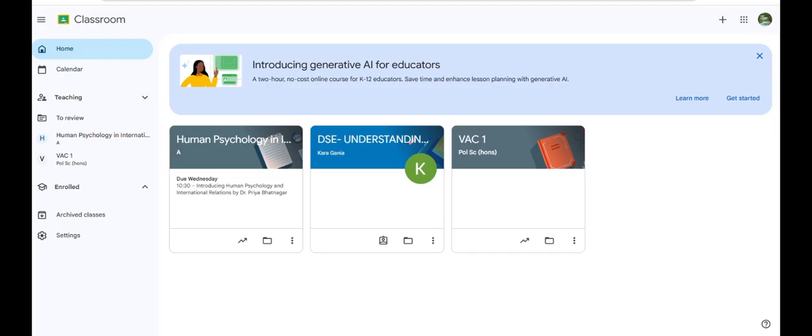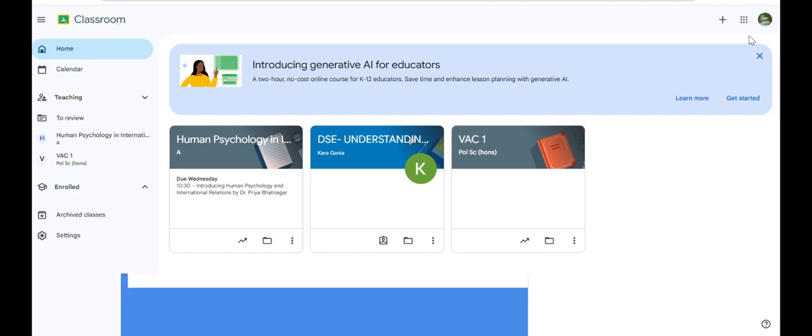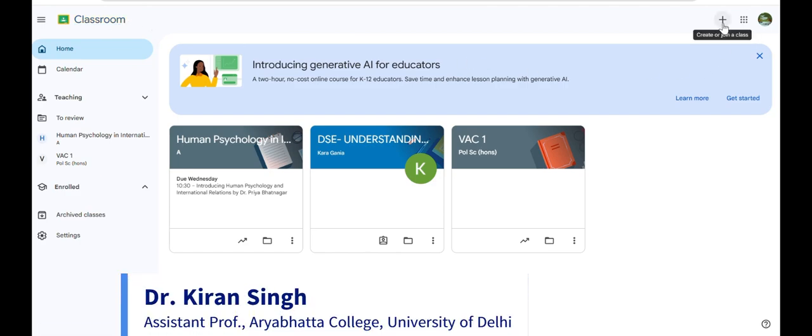A brief overview of the interactive sessions that are the norms for delivery of courses in an online manner. For this, the interface that I have chosen is Google Classroom. The moment you type Google Classroom, this window will open, and from here, with this plus sign, you can create